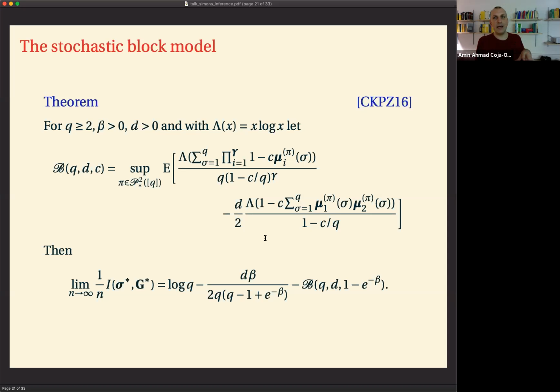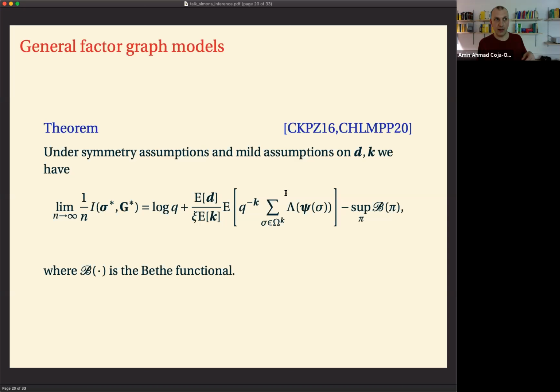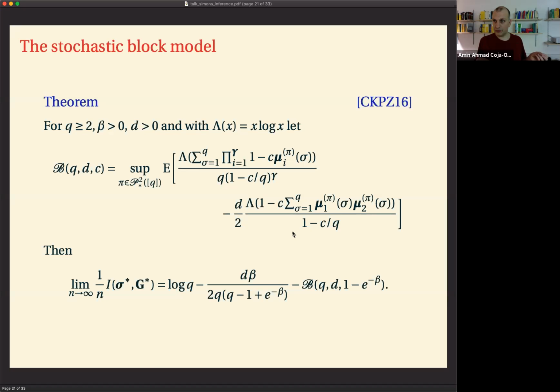Right, so what goes wrong in the assortative model? We can actually get the assortative model into our framework, but there's a somewhat inconvenient convexity assumption that is needed for this general result, and that is simply violated by the assortative stochastic block model. We can get one direction out of our result, namely the lower bound on the information theoretic threshold, but not the upper bound.